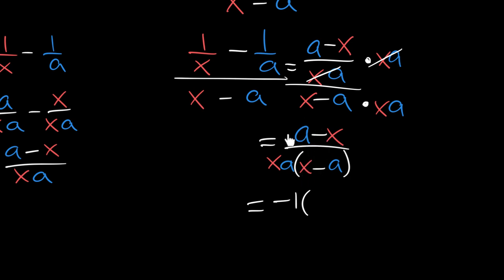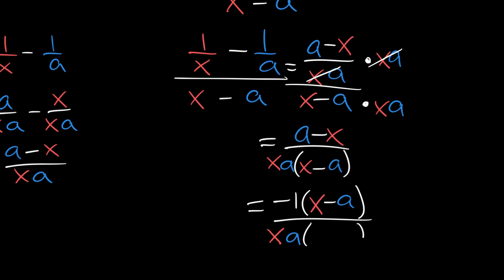So I factor out a -1, so that means that a is now negative and x is now positive. So I'll just switch those. So that would be x, and then minus a, and that is over this whole xa